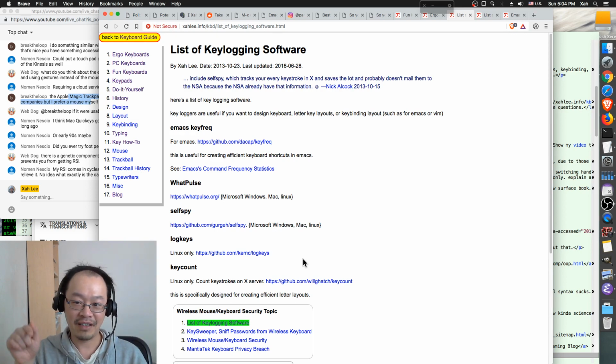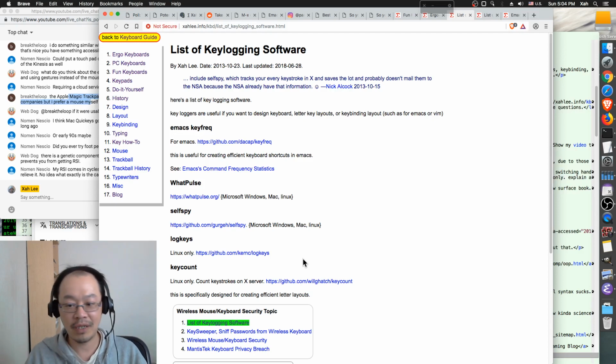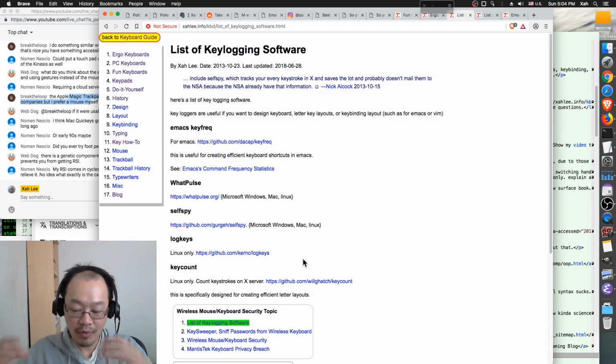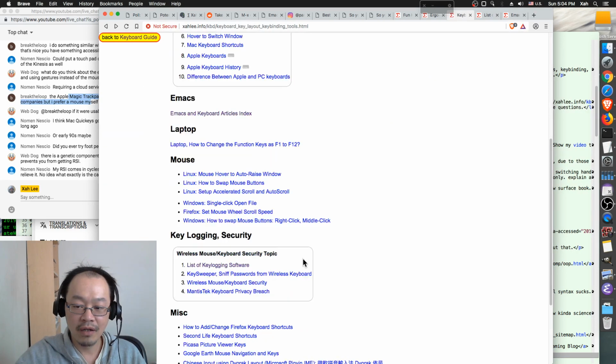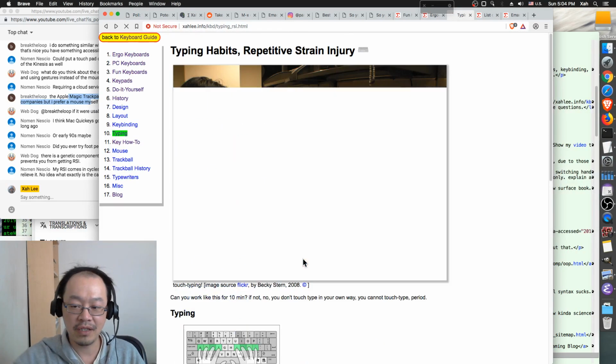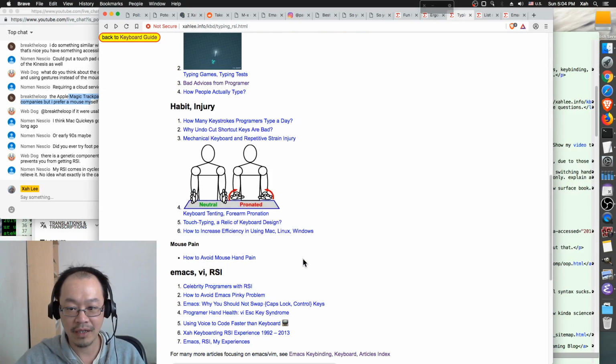So that's why the key log is important when you have hand pain, or when you want efficient key binding, Emacs, pinky, or whatever. If you are interested in this topic, you want to start to record your key log. Once you have the key log, you know exactly how much you type, what you type, which key you press most often. Solid data. That's the point. When you listen to programmers' opinions, they have a bunch of garbage.